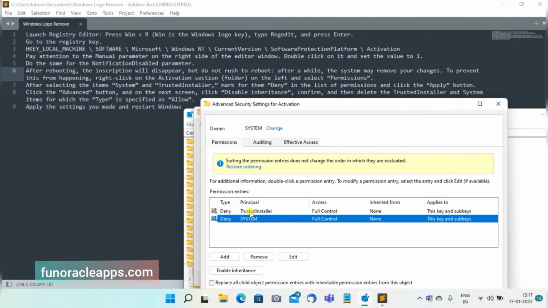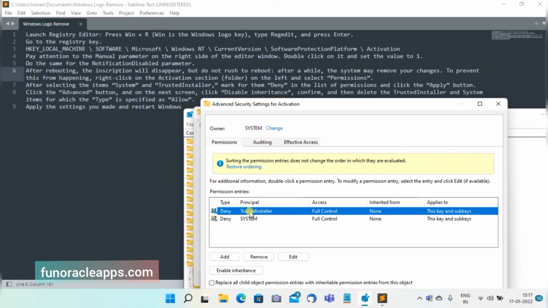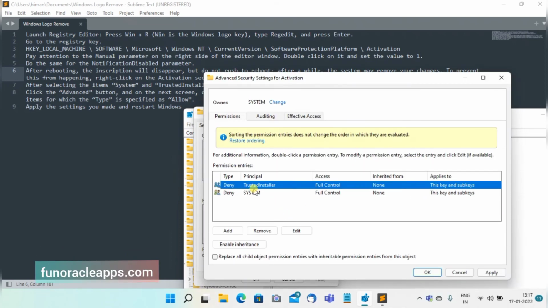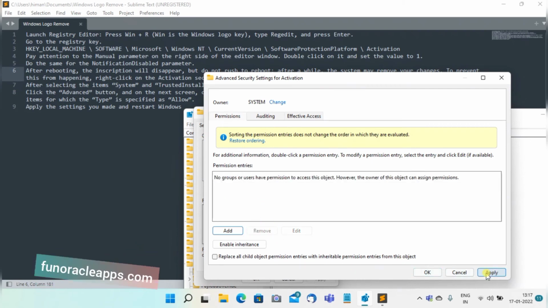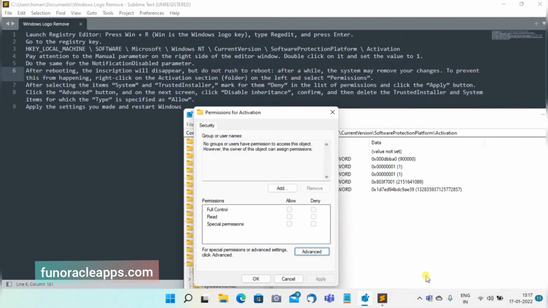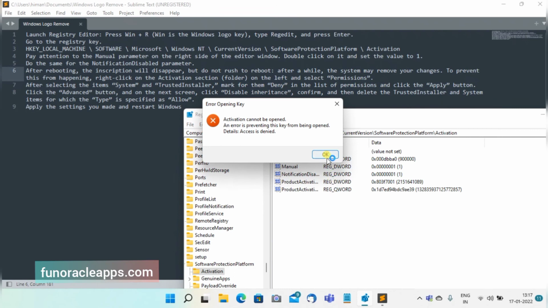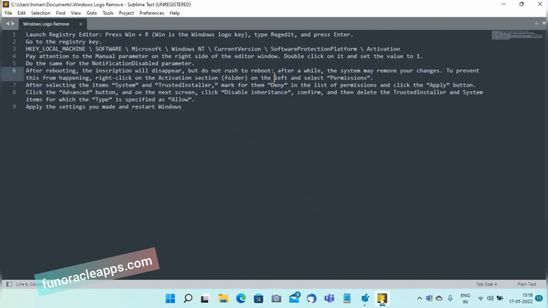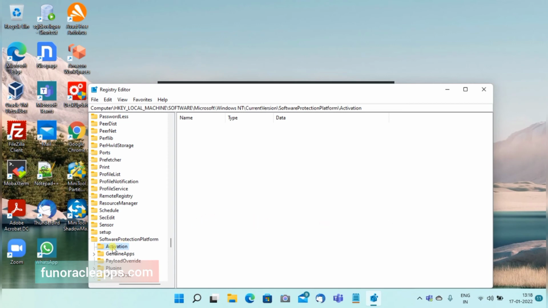Now these two we have to delete. Okay, so now what I have to do, remove, apply, and okay. Now if you see, this hole is gone.